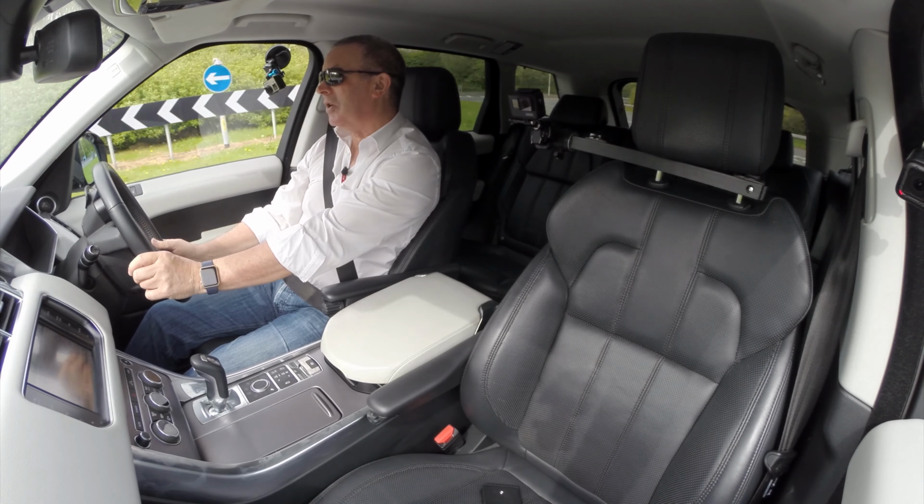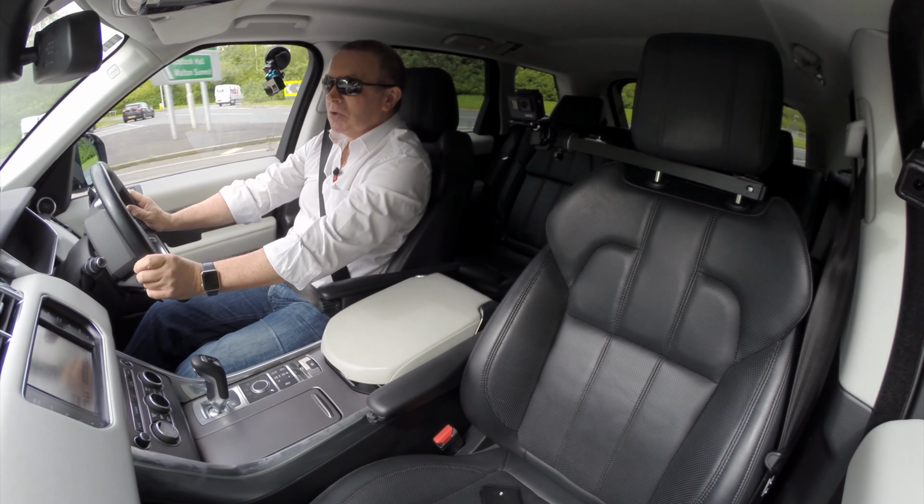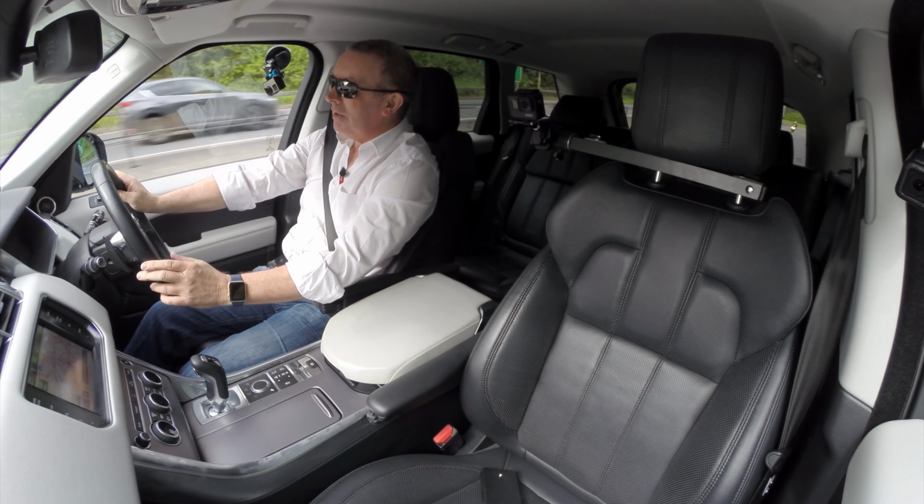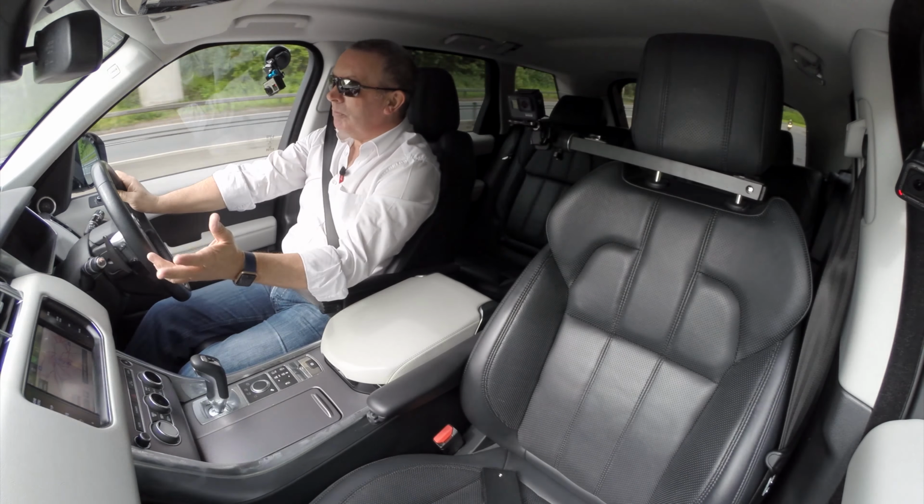And the customer who's had it's not short of a bob or two, so I know it will have been well looked after. The last 2 services have been done at Northwest Auto Care. I think the first 3 were done at Land Rover, but how to make this point? Some people may think that taking it to a non-franchise dealer is because you're trying to save money, but in my opinion it's because you want a proper good job. If you take it to the right people, you want a good job doing, and it's gone to Northwest Auto Care. As I say, this chap is not short of money who's had this car at all, and